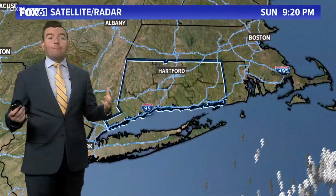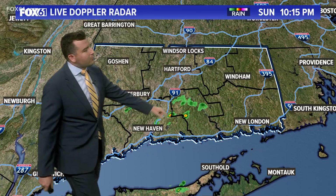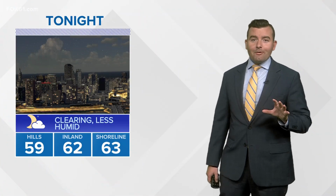Storms now long gone. We're starting to drop the humidity, but we still have a couple of small showers to go right around Durham and North Guilford, a little shower going through there. It's still mild in most of the state, but look at Torrington down to 66. The dew point there has now dropped to 63. That's a sign of drier air, which will be sweeping through the rest of the state overnight tonight. So it will be much more comfortable by the time most of you wake up and head out the door